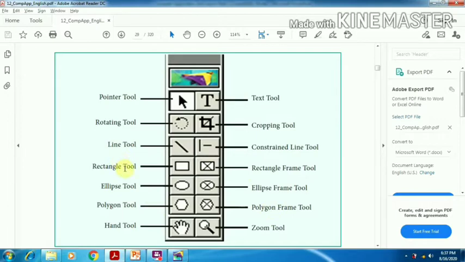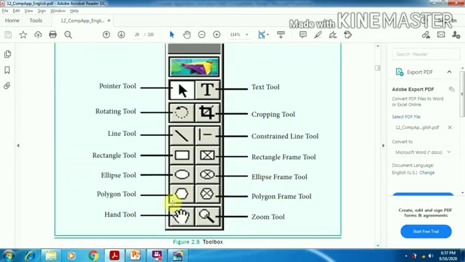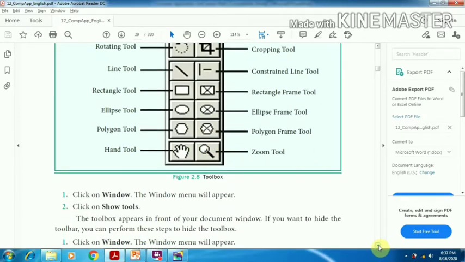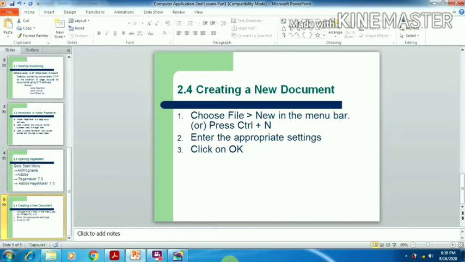You can see there are two different components in a similar way. See, rectangle tool and rectangle frame tool. These two tools look the same, but the actual action of the tool varies. Now hand tool and zoom tool, these are the different tools which we are going to use in Adobe PageMaker. This toolbox is available in the